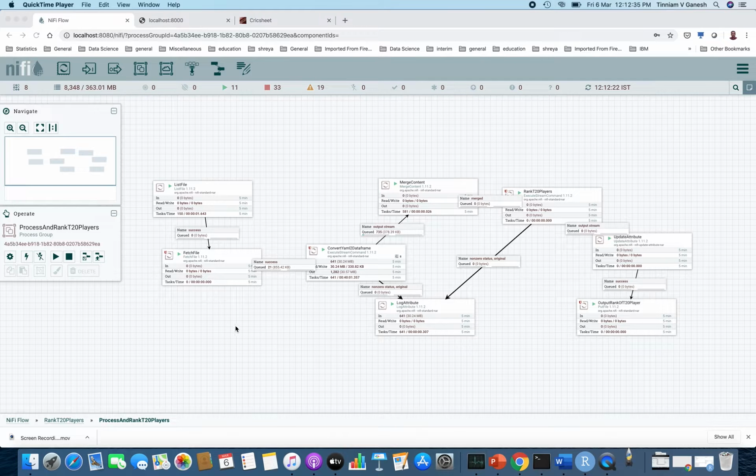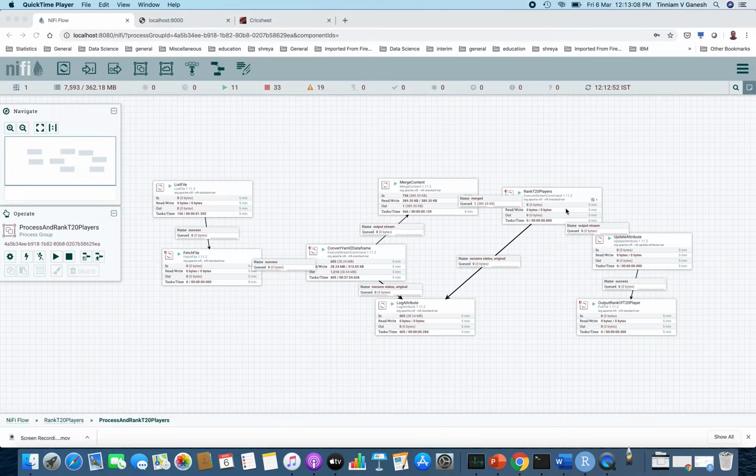You see the multiple processes actually processing it concurrently. Then another one. So all of it has been processed, and now it has been reduced to one because this processor doesn't have any concurrency. So now it is just merging all the files together, and then it'll trigger this rank 220 players, which will basically look at all the generated CSV files, the batting details of all the batsmen in different teams, and then it'll do a ranking of the batsmen